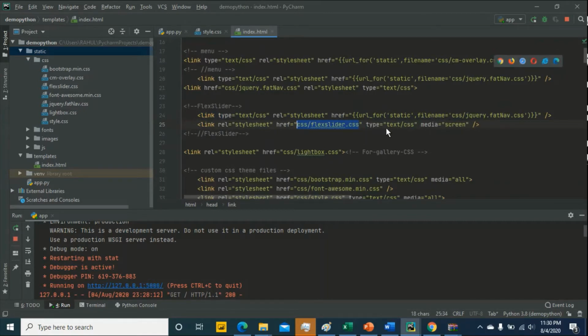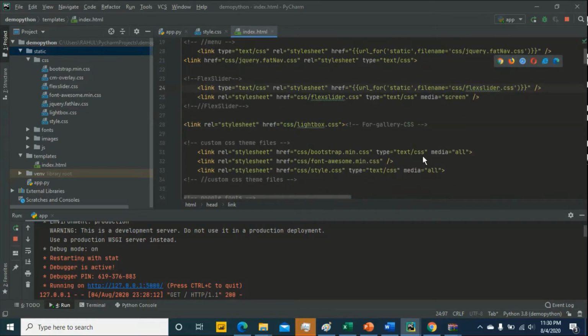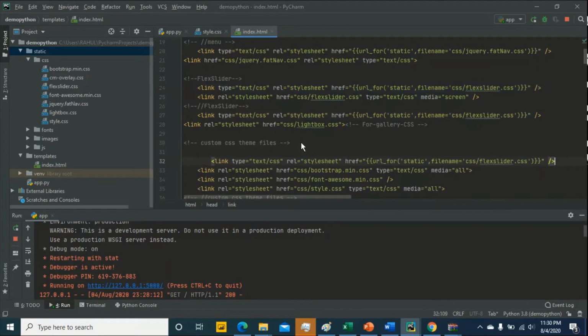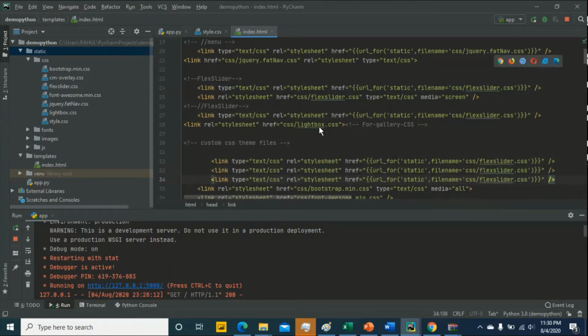Double quotes aren't required here. See, copied it properly. Okay, then same process for Lightbox, same process for Bootstrap. Here three are remaining. Copied, paste here. Okay, same process for Lightbox also.